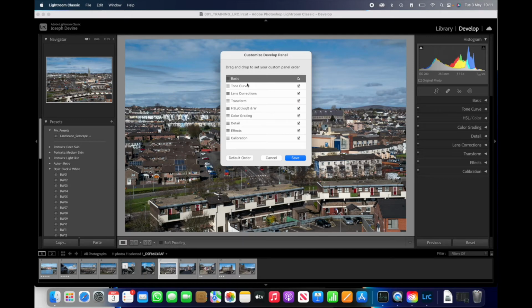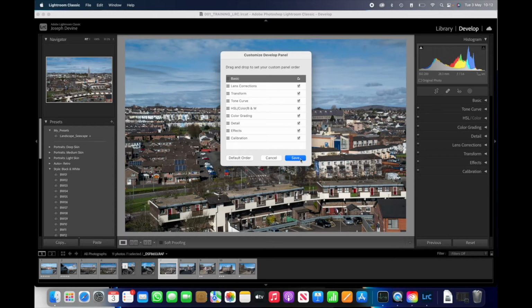And now what I've got is my workflow. I'm going to carry out my white balance and changes. I'm going to effectively carry out my lens correction, and then I'm going to transform, straighten the image. Okay, so if I save this, it's going to ask me to create a new session